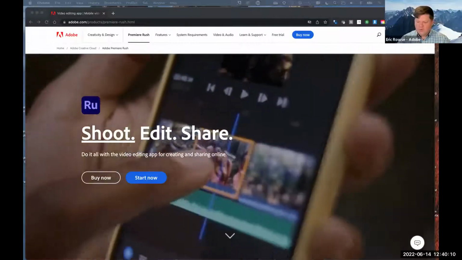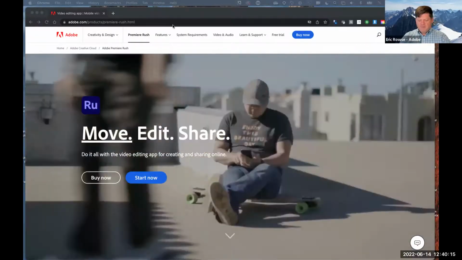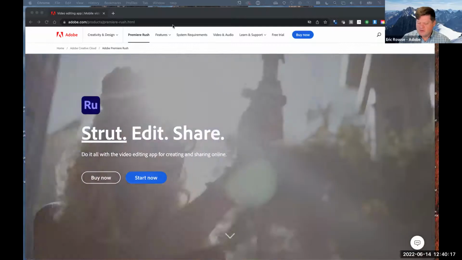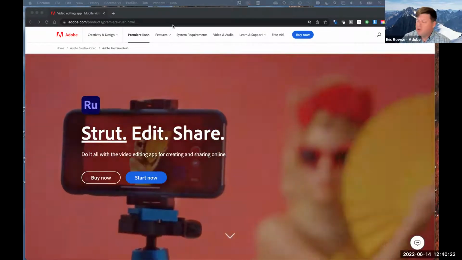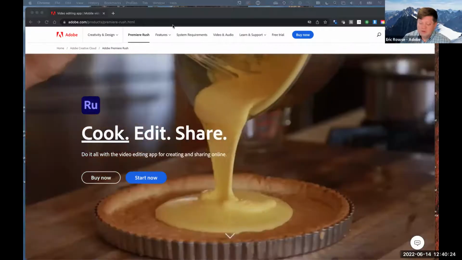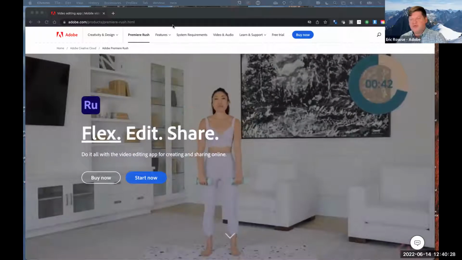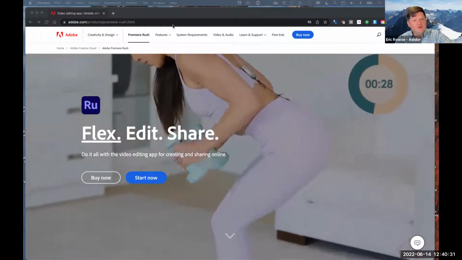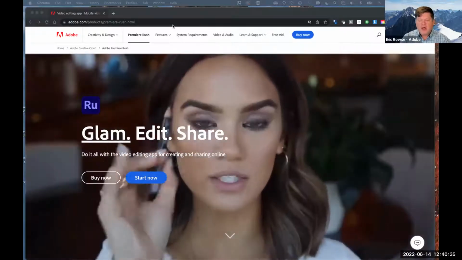The thing about Rush that I'm a huge fan of is it allows you to get out in the world. So hopefully y'all can be seeing my browser right now. This is actually a very good use case of what Rush is used for today: people taking their mobile devices and going out in the world and shooting footage. No fear, no intimidation. Maybe I'll do something on cooking, maybe on exercise, maybe on sports or media or influencing, or as David was saying earlier, how I can roll